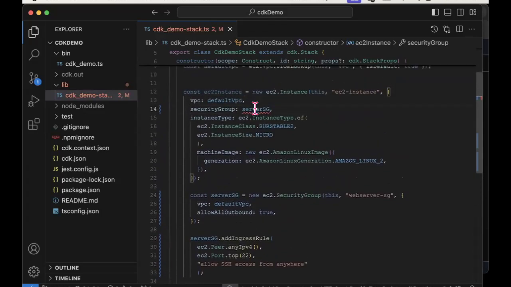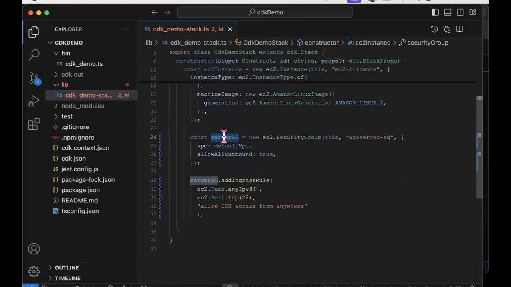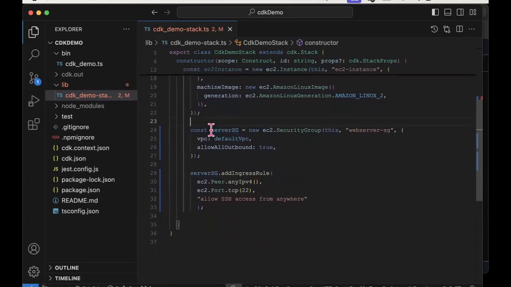Now the only reason there's an error here is because this is a variable that is being referred to, but the variable is this one down here. So you can't refer to a variable. This is just simple programming rules. You can't refer to a variable before it's actually declared.